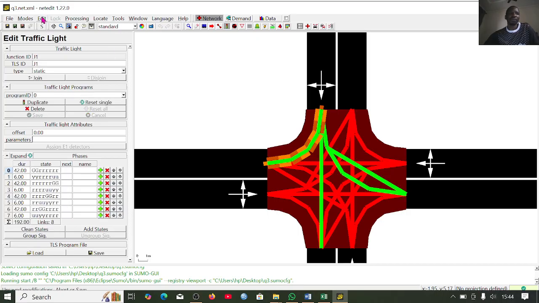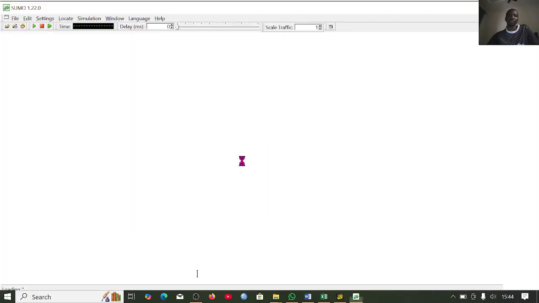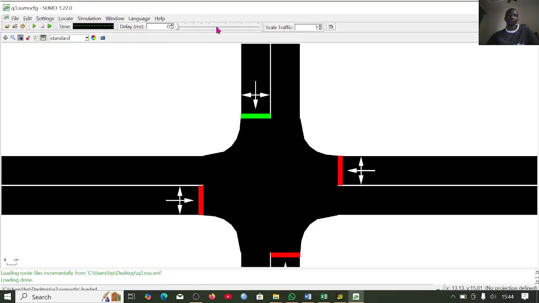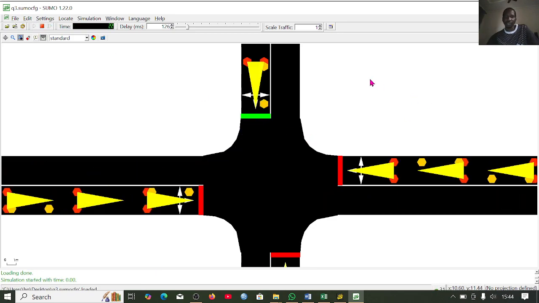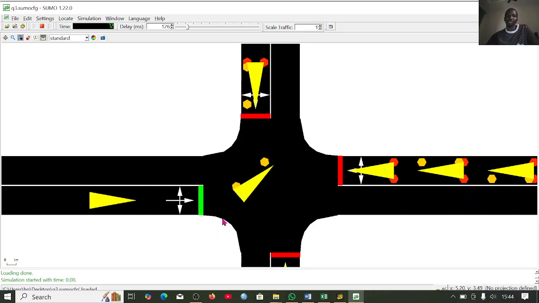So you can now go to the edit, and you can now run it. Let me just increase the delay a little. So you can now just run it. You see now as this is green, it will change to yellow, and this one you see they have this. So you see this is